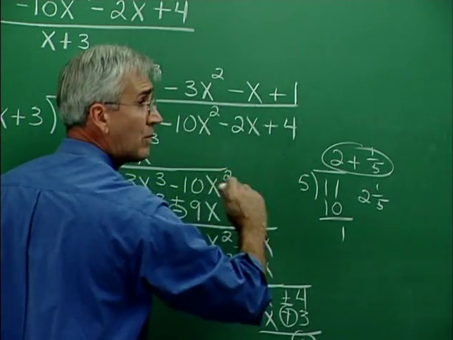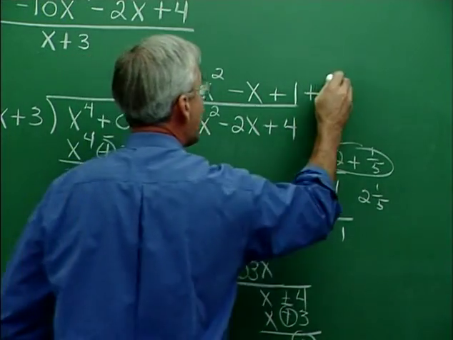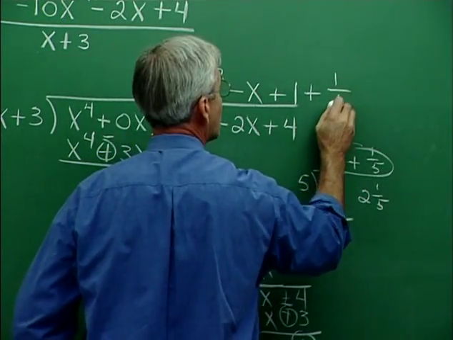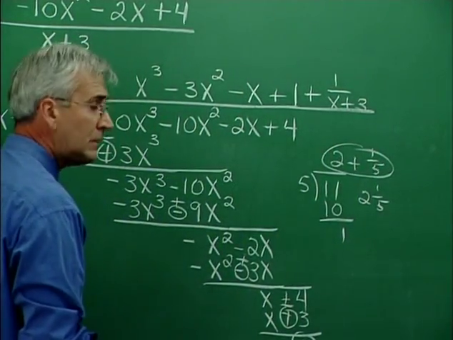Our complete answer would be all of this polynomial plus the fraction, let's see, remainder 1 over divisor x plus 3. So that is then our complete answer. Now,